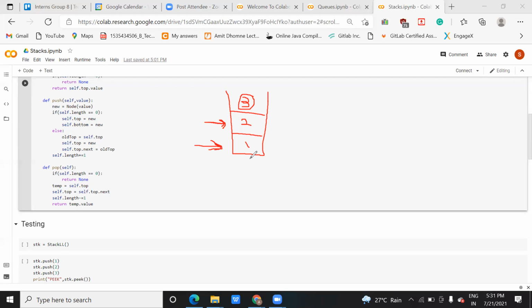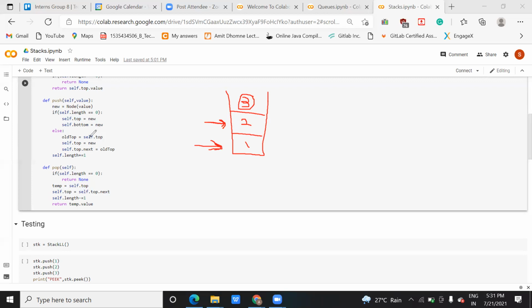A bit confusing. Okay, let me give you one more example. See here, try to understand what is being said. old_top is equal to self.top. What do you understand from this? It means that when you insert a new element, the length will change.